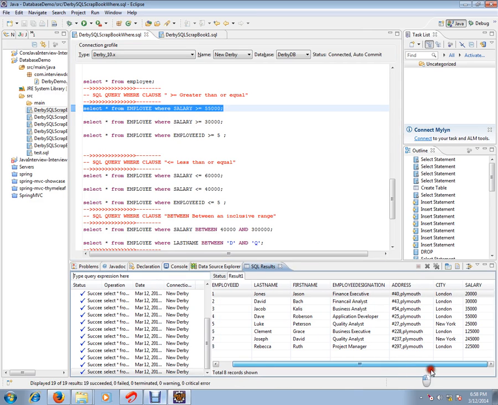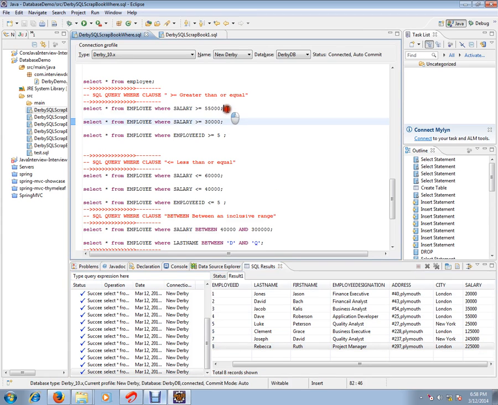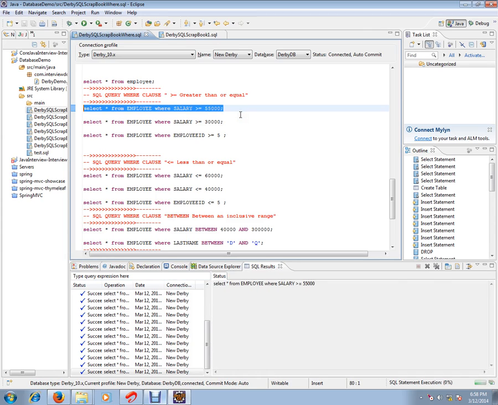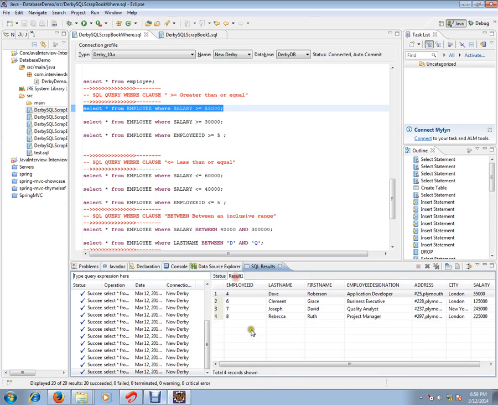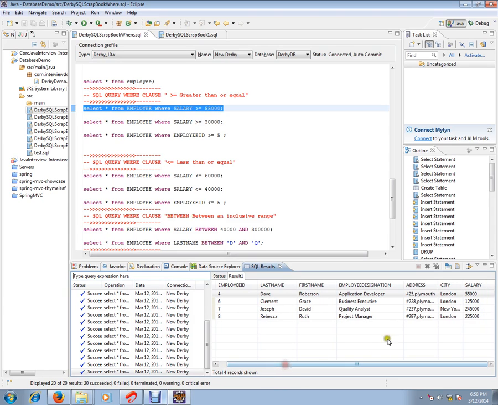So here if you see salary 55,000 greater than or equal to 55,000, how many records do we have? 1, 2, 3, 4. So when you execute this query, we are going to filter 4 records from the employee table. Let's execute this and check whether we are getting 4 records or not. Yes, we have got 4 records. The condition here is salary should be greater than or equal to 55,000. So we have got this one, 1 lakh, 2 lakhs and 2 lakhs.